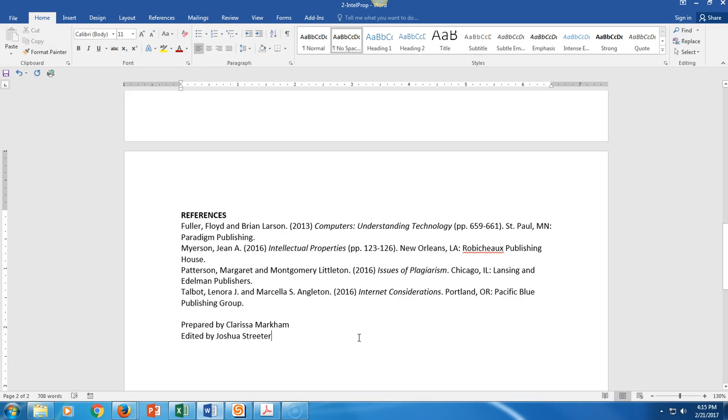Number 2, change the paragraph alignment by completing the following steps. Press Control-End, E-N-D, to take you down to the bottom. Position the insertion point anywhere in the text prepared by Clarissa Markham. Okay? Click your paragraph group dialog box launcher. Again, Home tab, paragraph group,